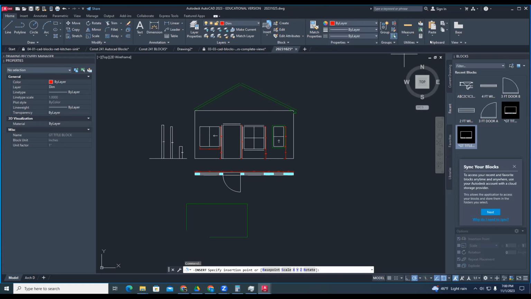It kept hiding. So let's change this real quick to architectural, so that's 102 inches. Okay, which is fine. But we want it to be in